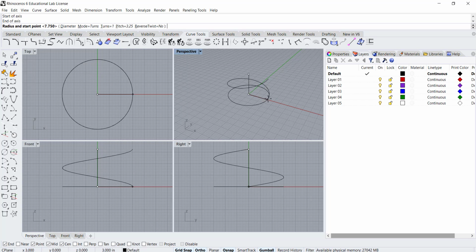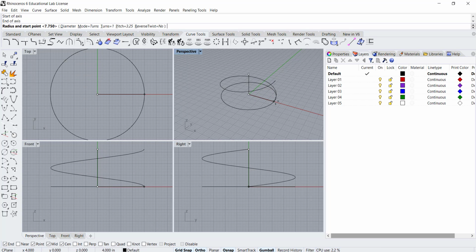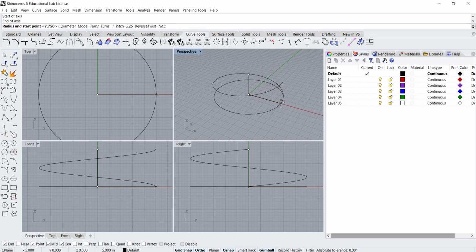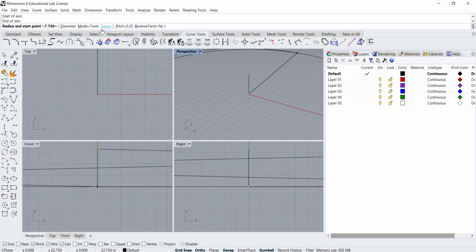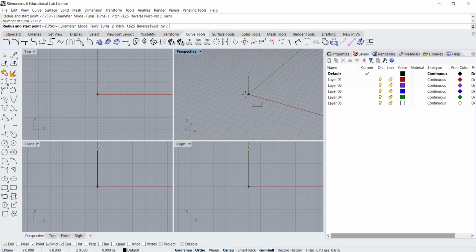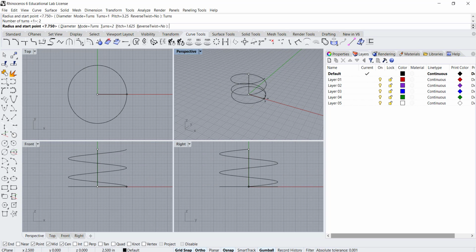As I move closer to the center or outward, you'll see that changing. You can also see in the options that we can select the number of turns. So if I change this to 2, for example, now we're having 2 full rotations from our start point,